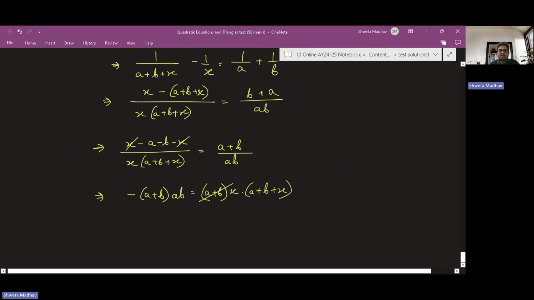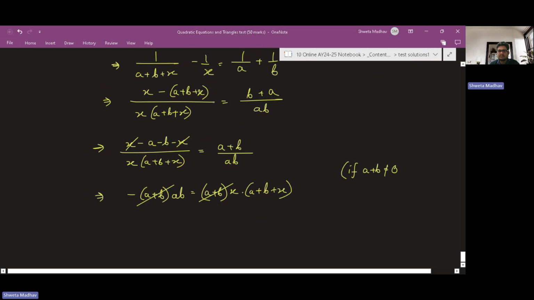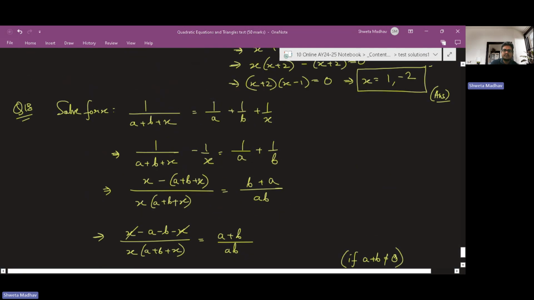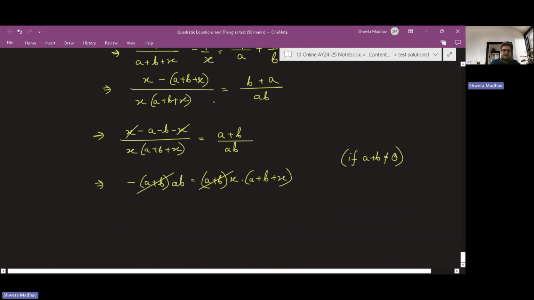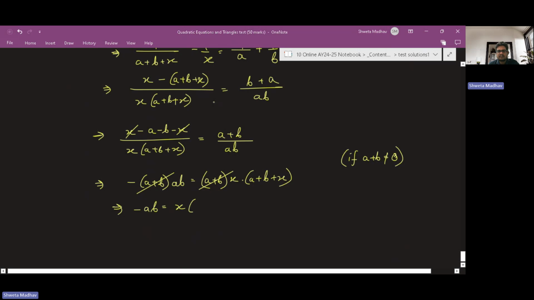So a plus b I can cancel from both sides, provided that a plus b is not equal to 0. If a plus b is not equal to 0, then we can cancel it from both sides. And here also a and b should not be 0, since if they are 0, then these two terms will become undefined. So now we can say that this will be minus ab, that is equal to x into (x plus a plus